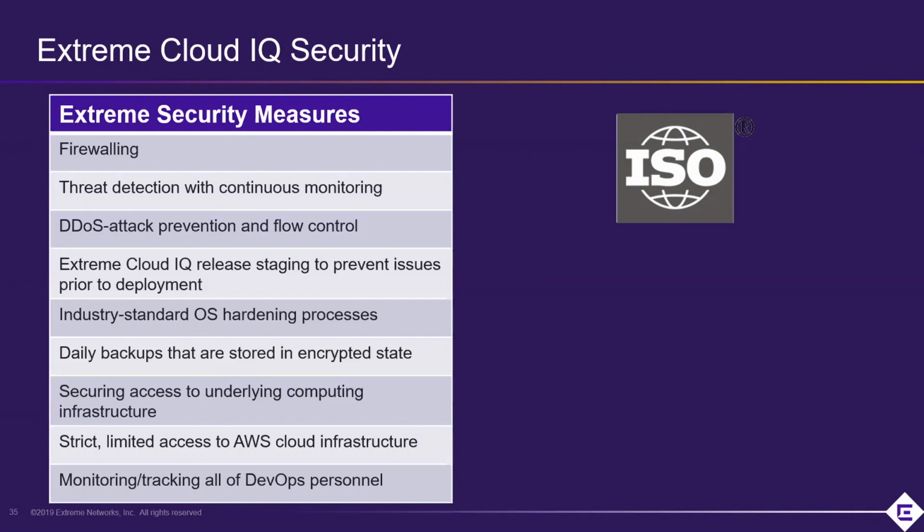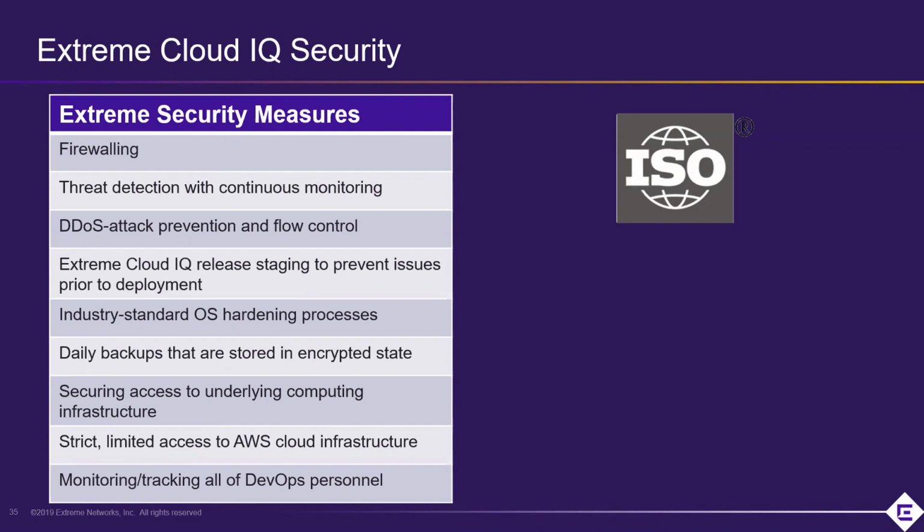But as you can see, we have various security measures that we use within our own cloud service offerings for network as a service in order to provide a lockdown environment and to create the prevention of propagation of malware code and infection. It also provides a very good scale for AI leverage, and this is another important thing: this gives us the elastic compute store in the cloud to actually run some of the analytics that we need to do. But in order to really do that, we need to secure the access to the underlying computing infrastructure and actually lock it down. And these approaches allow us to do that.